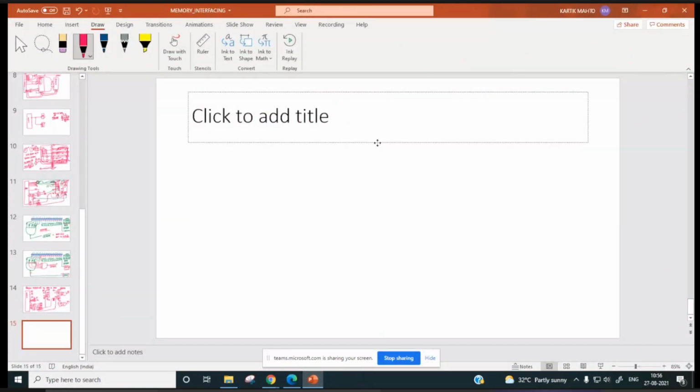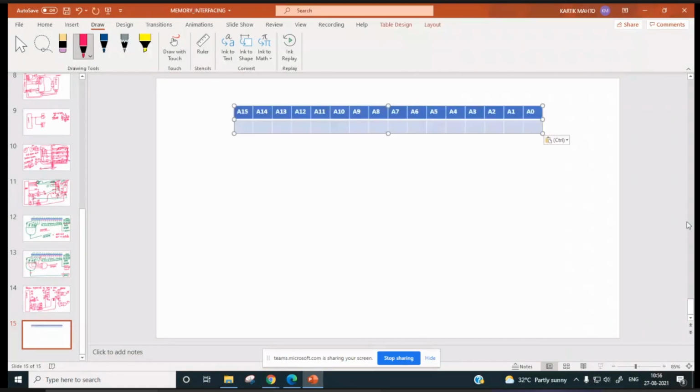Control V. So for ROM, 0, 0, 0, 0, up to this, 1, 1, 1, 1, 1, 1, 1, 1, 1, 1, 1, 1, 1, and for ROM, this will be 0, this will be 0, this will be 0. So this is for the ROM area, no? ROM chip of 8K.